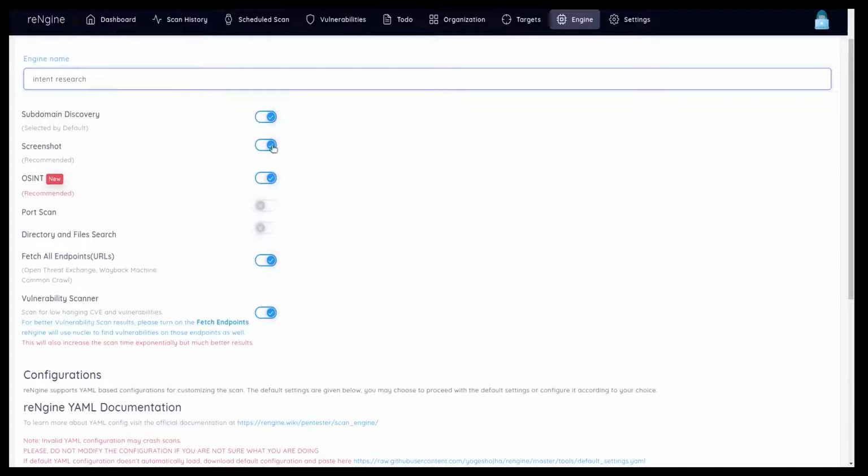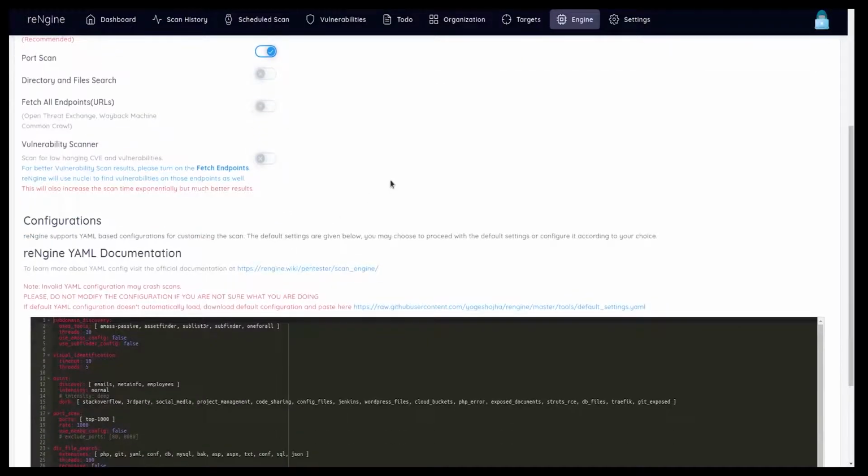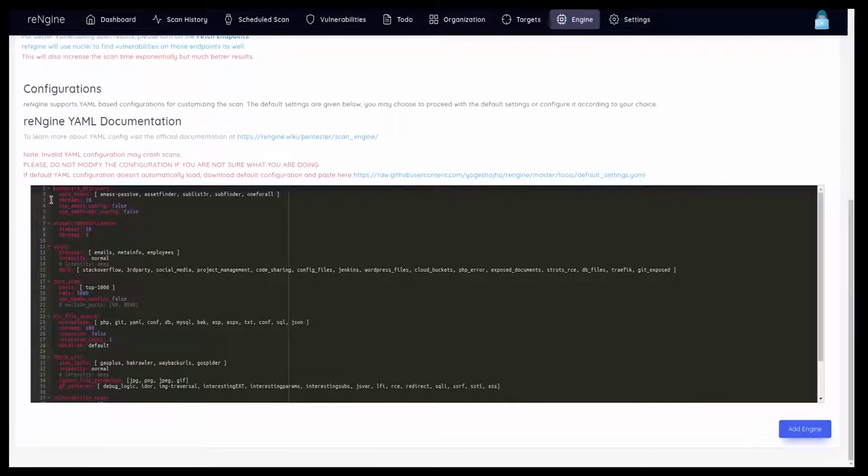I want screenshots also to be taken. I don't want OSINT, and then I want port scan. I don't want directory and file search. I don't want endpoints, and I don't want vulnerability scan to be performed. And down, if you come, you're gonna see here what tools it has to use. I only want to use subfinder for now. You can remove all of them,